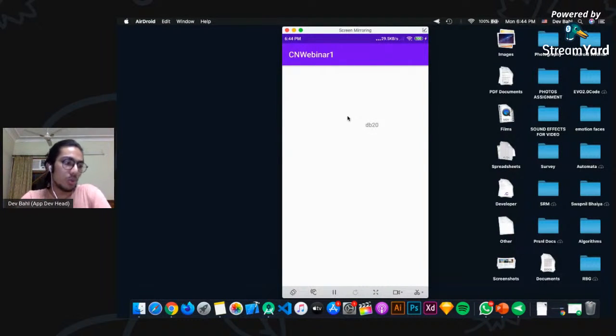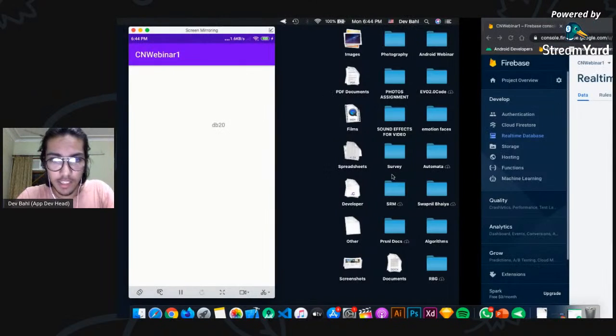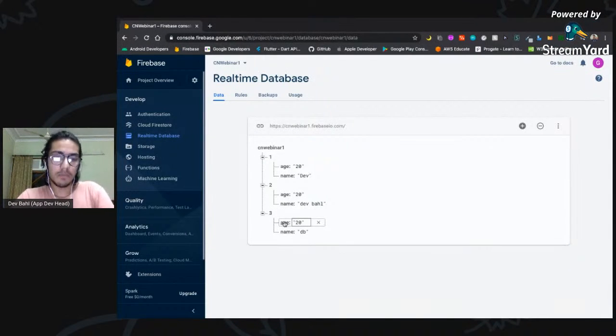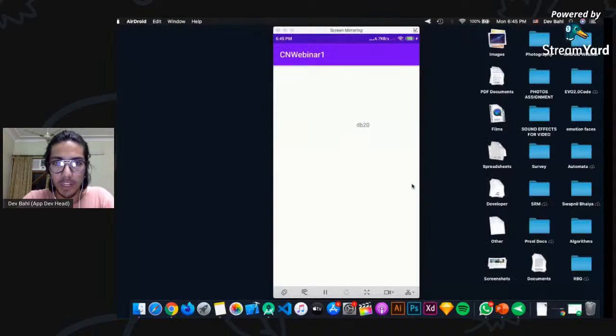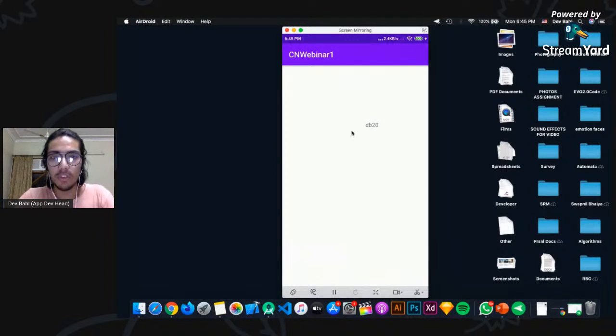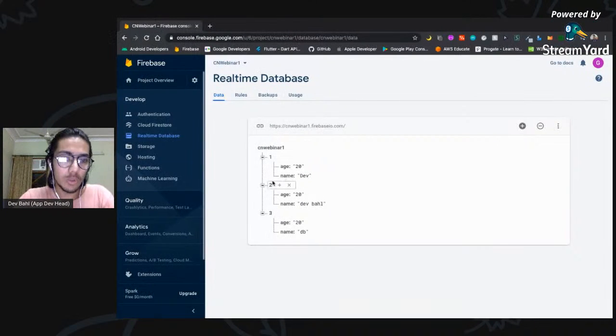But if you see this, you'll notice that it has fetched only the last node here, with the name DB and age 20. But we want to fetch all the nodes. How we'll do that is,